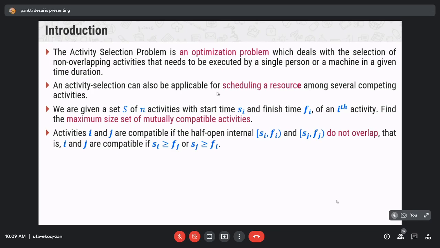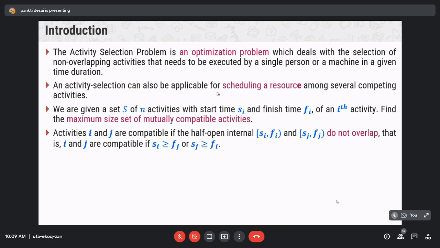Now what are mutually compatible activities? Mutually compatible activities means maximize the number of lectures in the lecture hall, or maximize the number of tasks assigned to the CPU. So in this problem we have some resource like a CPU or lecture hall, and we have a total of n set of activities.